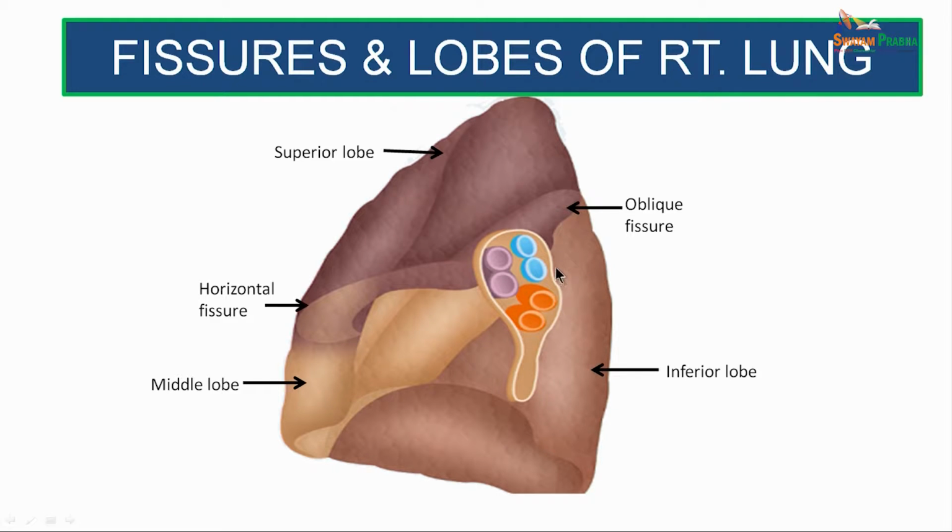It starts somewhat above and behind the root of the lung, passes upwards and backwards, and then proceeds along the costal surface, which we are not able to see over here, but we can imagine. As it goes along the costal surface, it cuts across the posterior border at the level of T3,